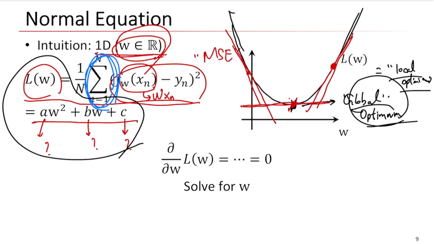So what does that mean? In the global optimum point, the gradient of this loss function should be 0, right? Because the slope of this